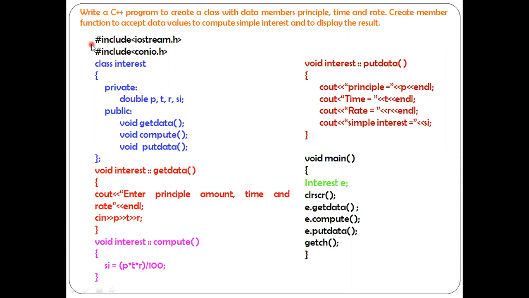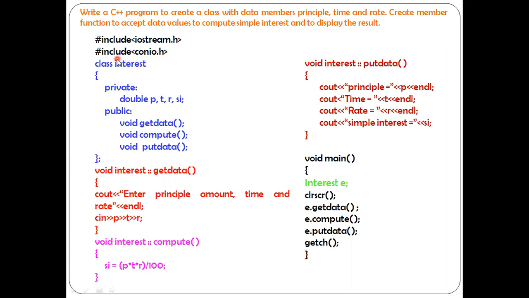Okay, have a look at the first two lines. The first two lines are represented as header files. The first line, #include within the angular bracket iostream.h, stands for input output stream header file. This file is exclusively used for two statements. The one is cout, another one is cin. For that purpose, we will add a supporting header file called as iostream.h.